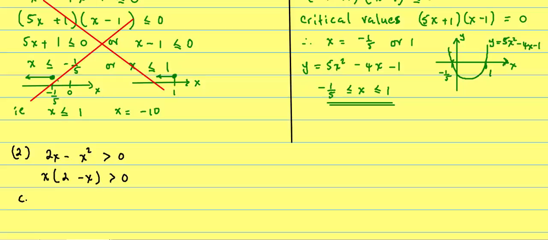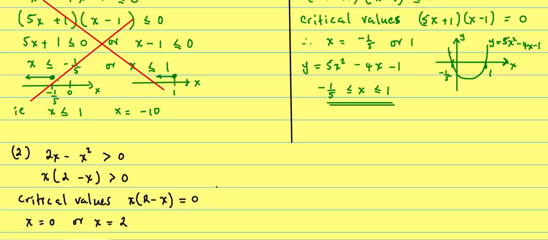We then look for the critical values, and these are going to occur when x multiplied by 2 minus x is equal to 0. And then you'll find that x must be equal to 0, or x has got to be equal to